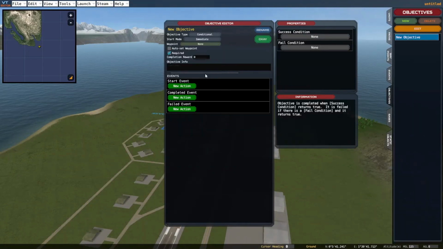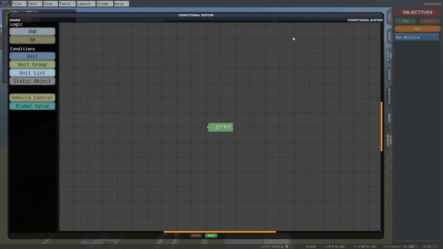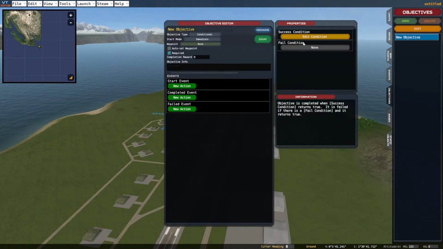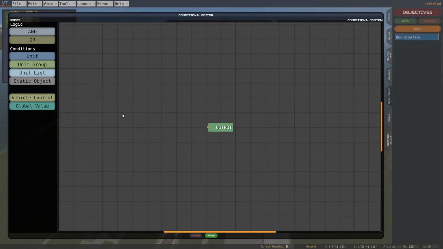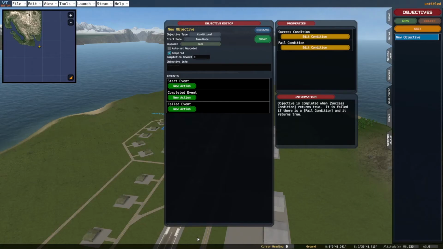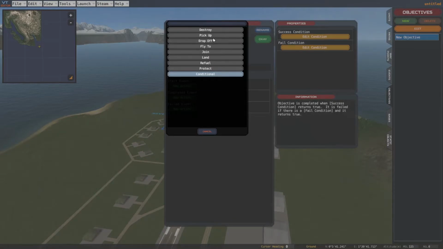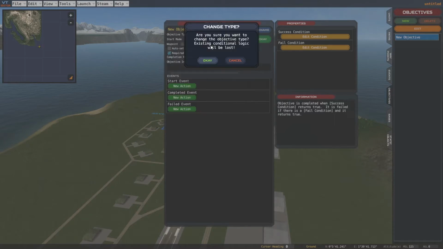And then there's the additional power of the conditional editor, so that you can come in here with advanced logic and specify some kind of pass or fail condition for the objective itself. But today we're going to stay away from the conditional stuff. So we're going to make our first objective,